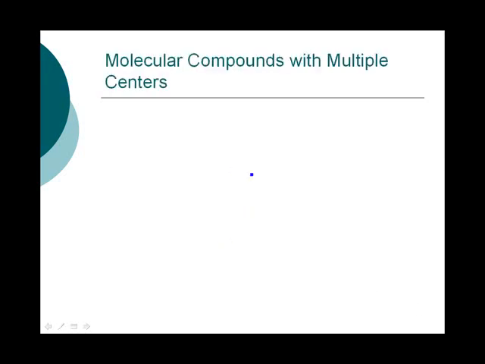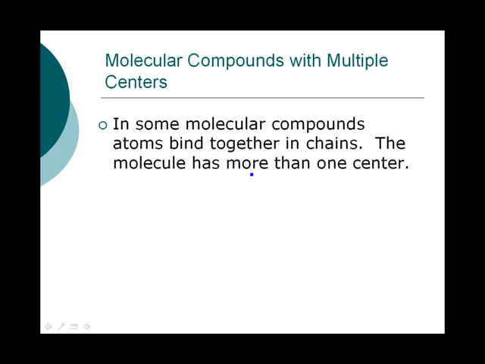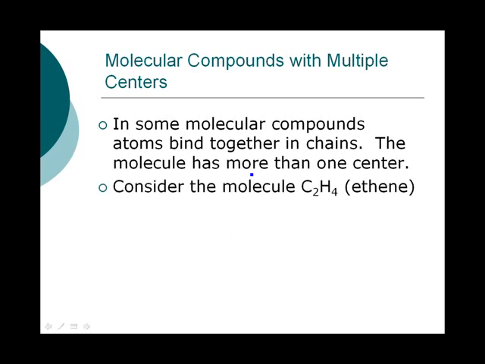So for molecular compounds with multiple centers, in some compounds, atoms bind together more in chains than they do around just one atom, or especially if you have more than 5 atoms, well then it has to bond in some kind of chain. So we'll look at the molecule here, C2H4. And we've already done one similar to this,